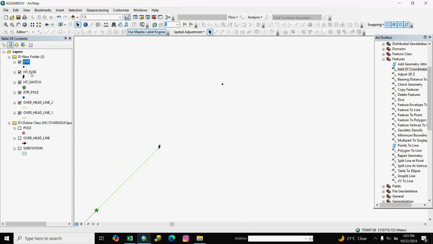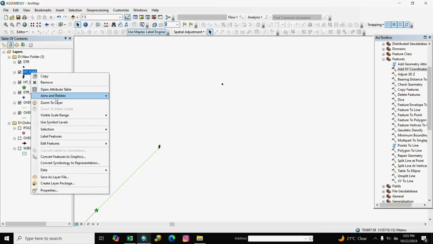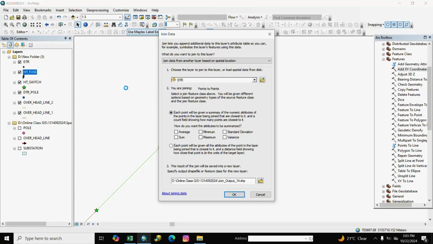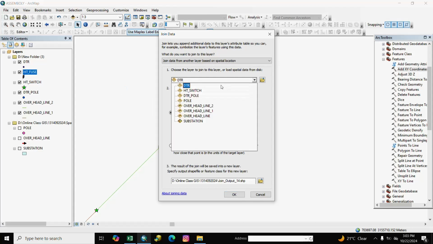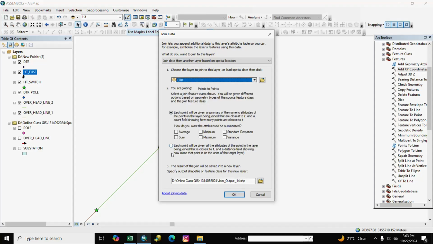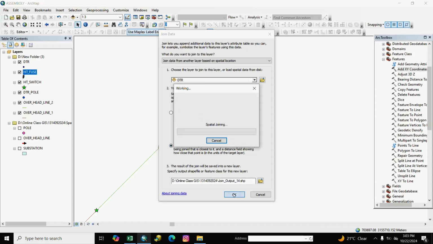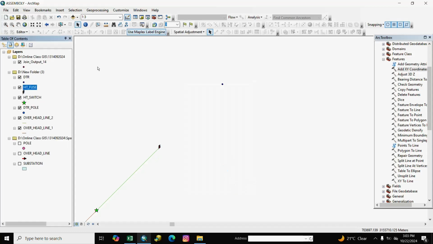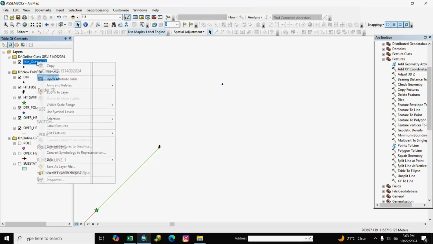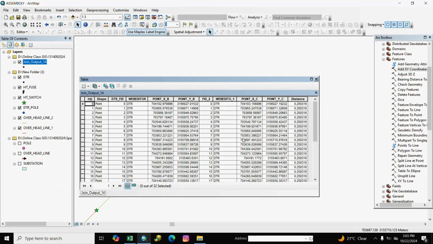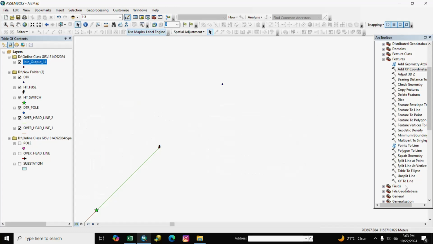We join HTFuse to DTR and click here, each point will be given and OK. Here is output, here is HTFuse point and here is DTR point.